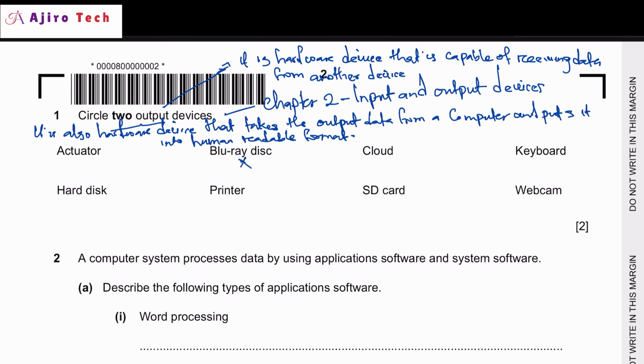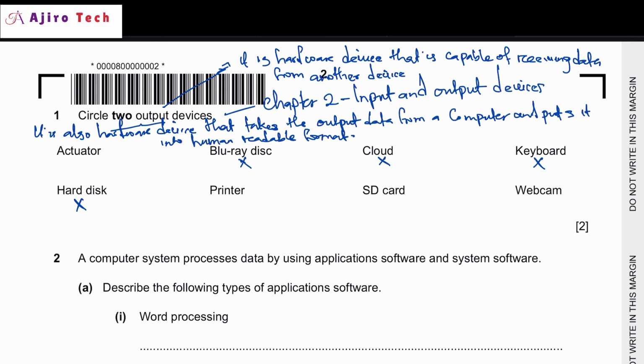Wrong. Cloud, chapter 4. You also see it at the end of chapter 3. Wrong. Keyboard is input. Wrong. Hard disk is storage, chapter 3. Wrong. I'm just letting you know which chapter it is so you know that if you want to answer a